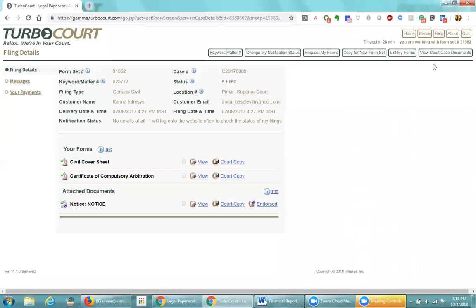But before I do that, I want to show you one piece of functionality particularly helpful for case initiation. You can actually use this for case initiation or subsequent filings, but it's really helpful for case initiation because it's going to allow you to create initiating filings much, much faster. Because the court does need this information up front to initiate your case, and even though you only need to provide it one time, you know, it is